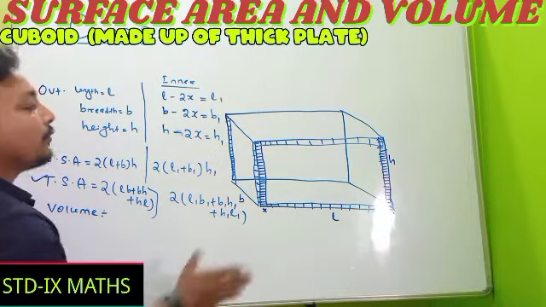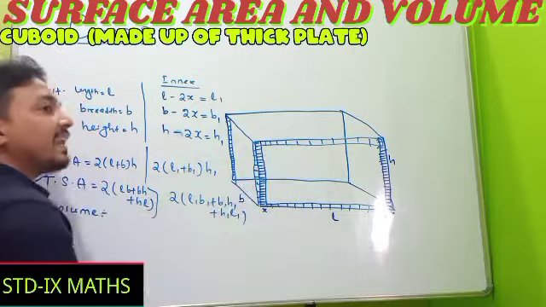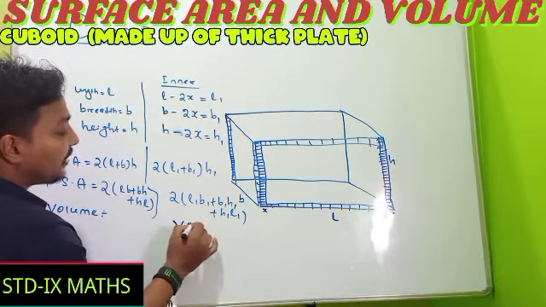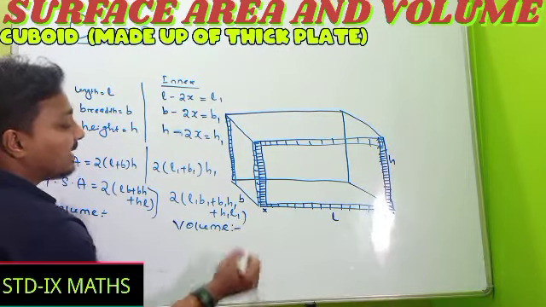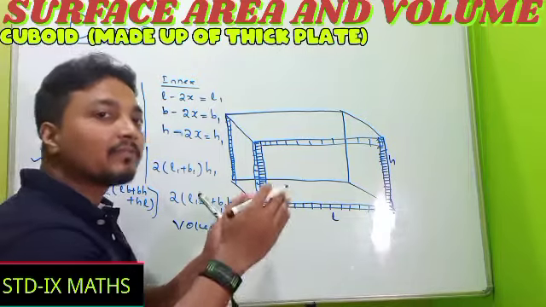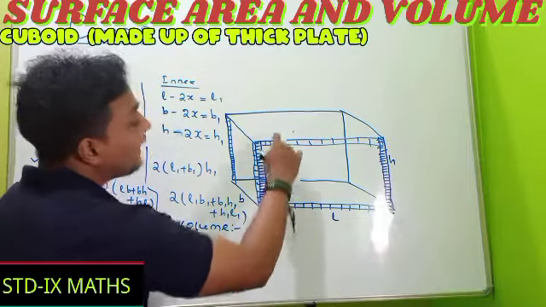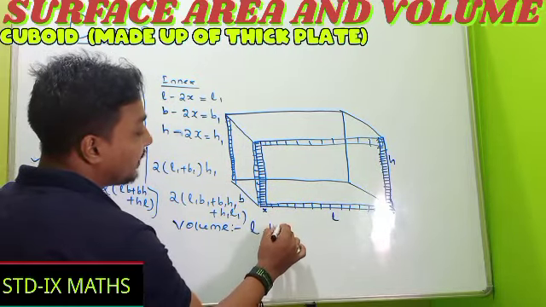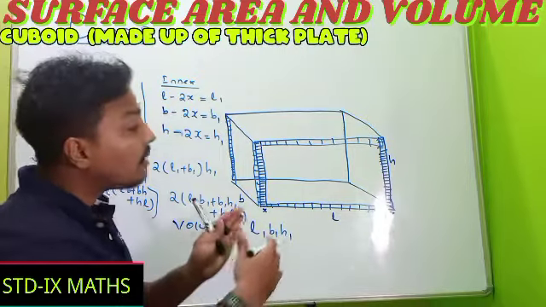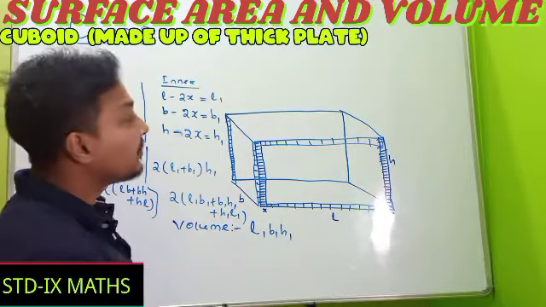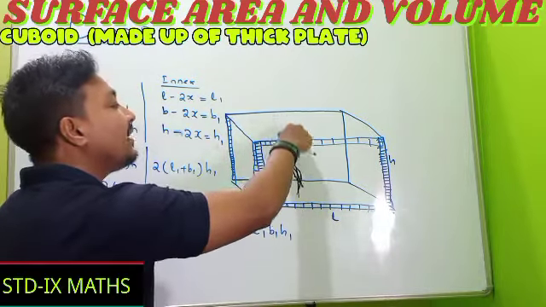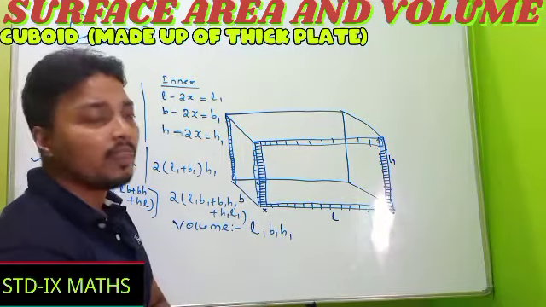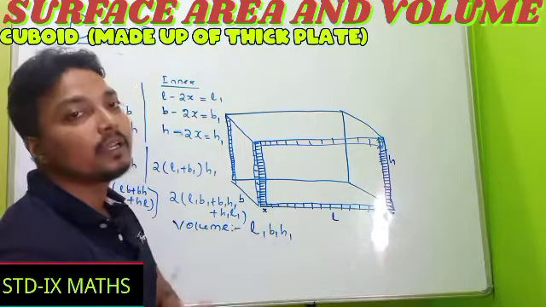Okay, so first I am showing you what the volume is. Volume means where we can keep things, in the interior region. So its volume is where I can keep the water, where I can keep the milk. So always our inner volume is to be calculated. So our volume will be L1 B1 into H1. No need to count the outer volume, because we only keep things inside. Inner volume means inner length, inner breadth into inner height.